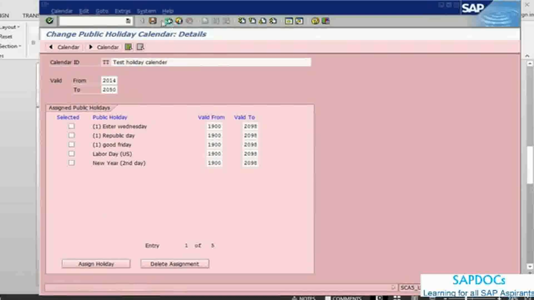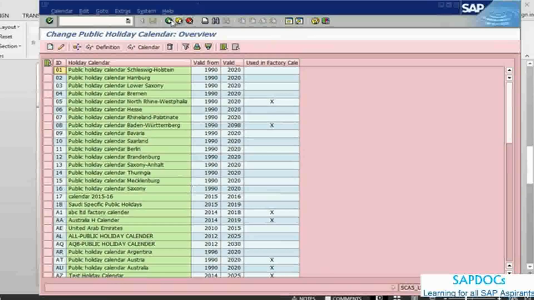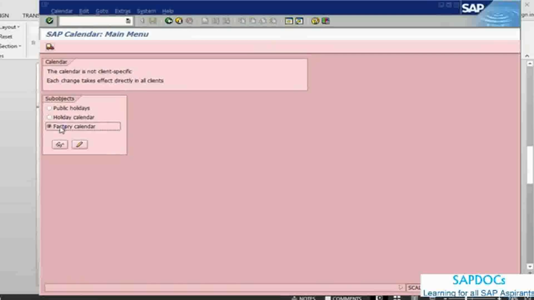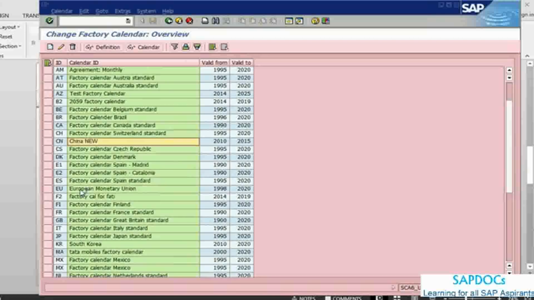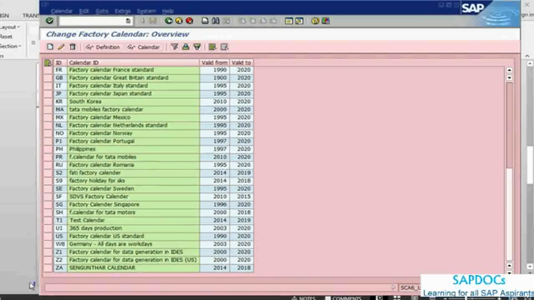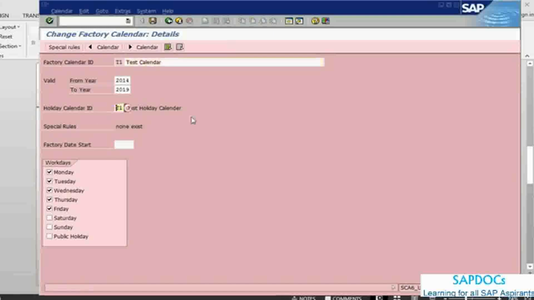Now, once I've created the holiday calendar, the next step is to create a factory calendar. So again, I select this one and go into the change button. I have the option here that if I have a calendar which I want to use, I can just go and change it. Like I have a test calendar here, I can go into this calendar, click on the change button, and then I can change. So I can say here TT is my holiday calendar, test. I'm changing the description, factory calendar,